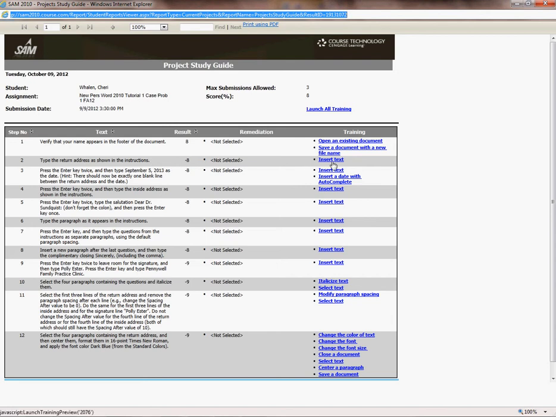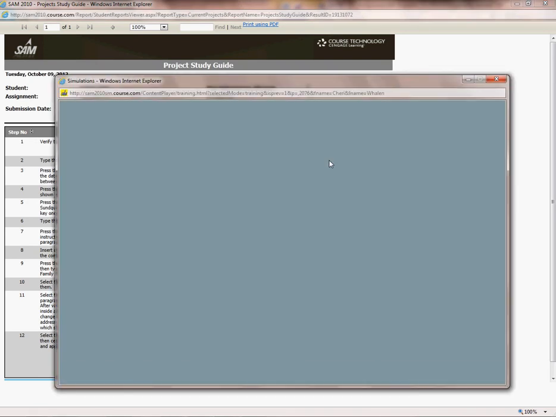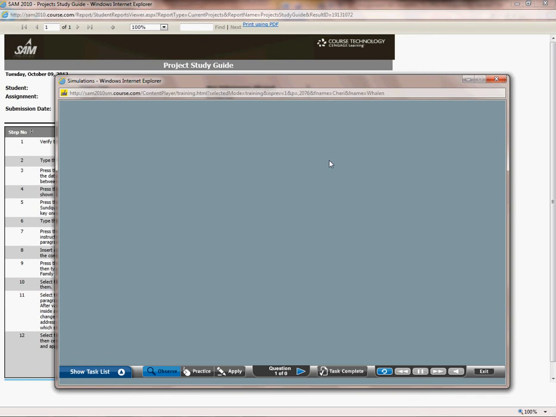So let's look at number 2. It wanted you to type the return address as shown in the instructions. So that was worth 8 points. What that is testing is to see if you know how to insert text. Well, if I click insert text in this link in this report,